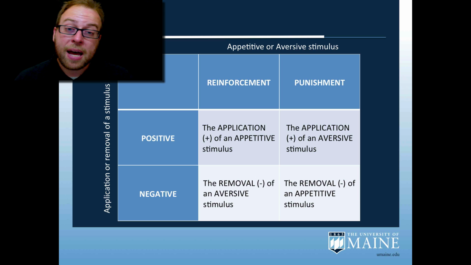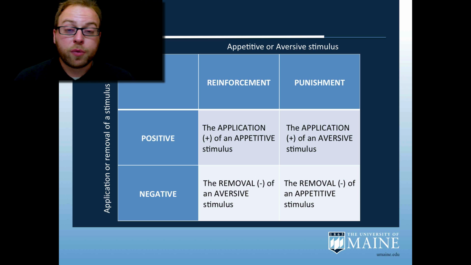So if we think about it in the Skinner box, one way I might encourage the animal to stay on the right side of the cage is by applying a positive reinforcer, that is, applying an appetitive stimulus, like we talked about earlier, where we're feeding the animal when it's in the right half of the cage. But I could also increase the probability of that behavior through negative reinforcement. That is, through removing an aversive stimulus when the animal is on the right half of the cage.